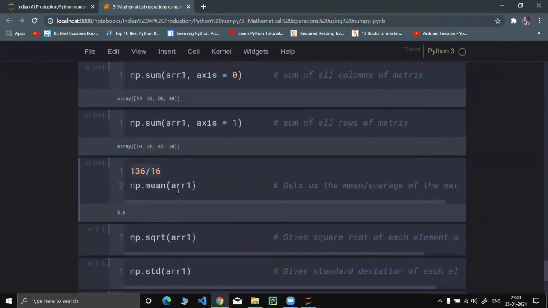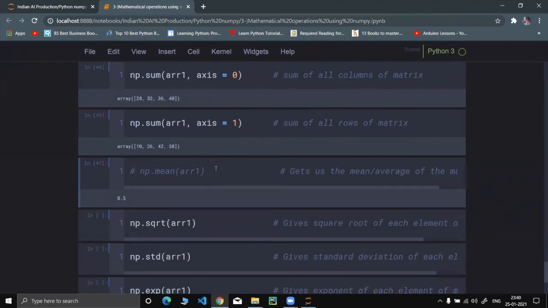So let us check. I believe it should print 8.5 only. See, this is how we get the mean: the sum of all the elements upon the total number of elements.